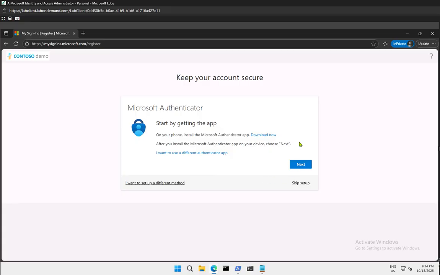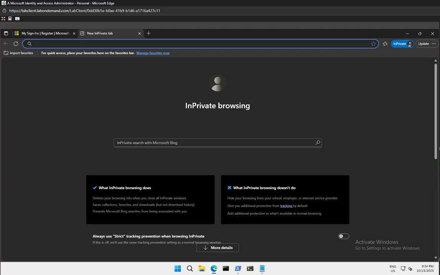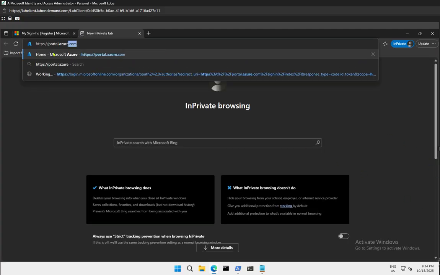Which is really helpful. And that brings us to the end of task 3. Task 4 is about testing the SSPR. So we'll just do portal.azure.com, enter, go there,